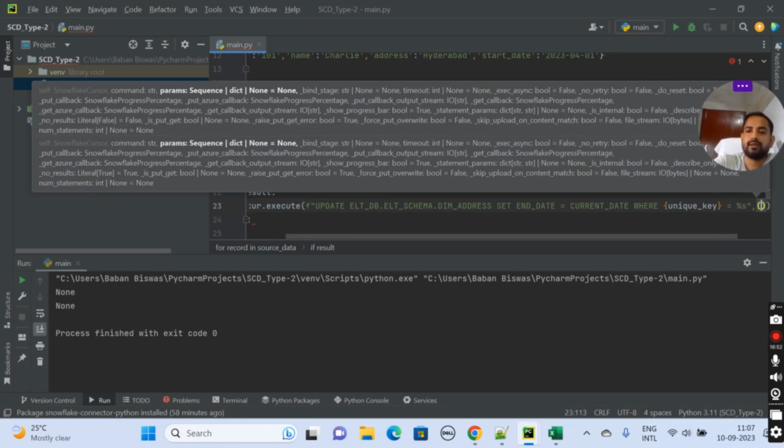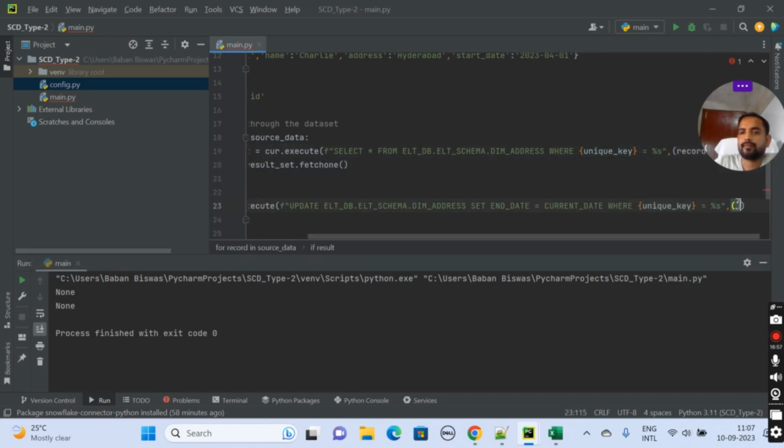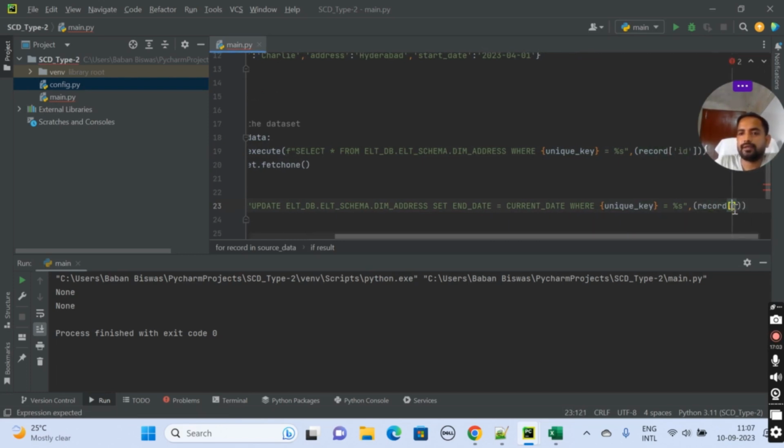Let's define a tuple having a single element: record. The record will have an ID field, right?